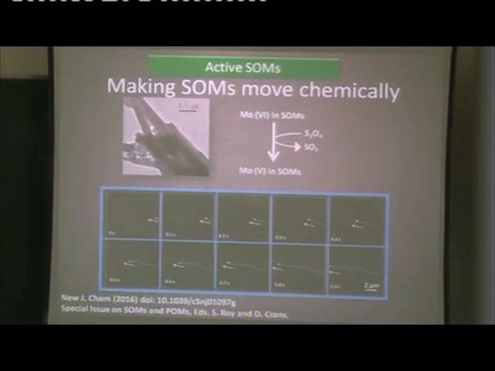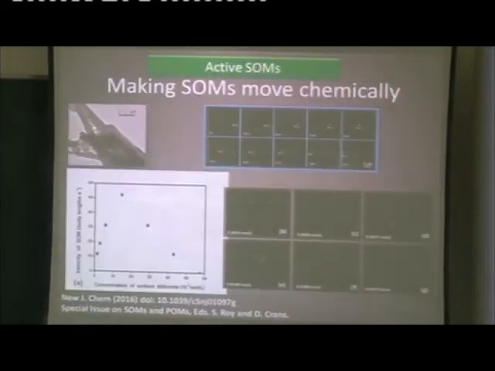the reaction boundary. And because of this difference in the rate of evolution of sulfur dioxide with that of the surface of the particle, you create a slip velocity, which means the particle propels very tinily, in a very minute amount. And as the reaction goes on more and more, we have more and more evolution of gases, and we have more and more movement of the particles. We were able to do the kinetics, and we were able to find out the way how concentration of sodium dithionite changes with the